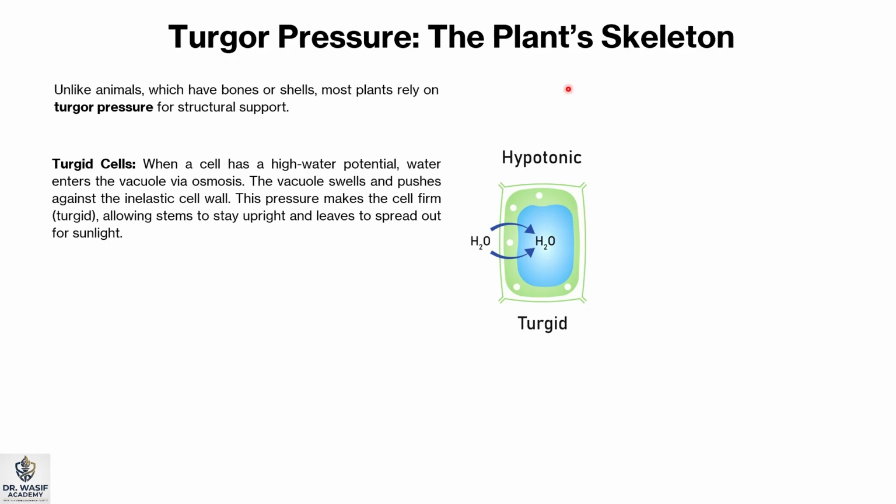Think of it like blowing up a balloon inside a cardboard box. The balloon pushes against the sides of the box, making the whole structure incredibly firm. This internal pressure is what keeps stems standing tall, and leaves spread out wide to catch every bit of sunlight. However,